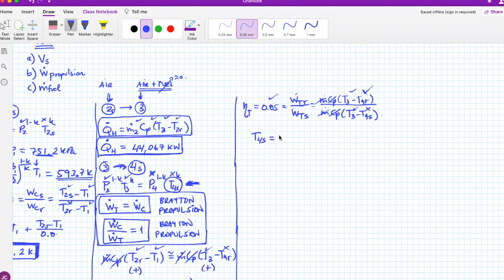Yes, I have it here. It is T3 minus T4R, and this is going to be divided by the efficiency of the turbine. So this is the algebra. You put the numbers in there and you will find yourself that T4S equals 956.1 Kelvin. It's a good thing that the T4S, the temperature at the outlet of an ideal turbine, is less